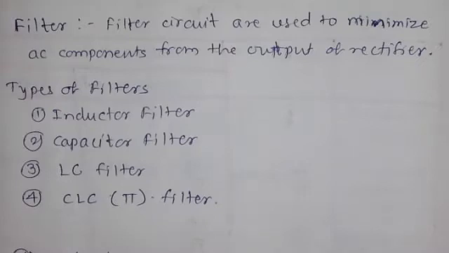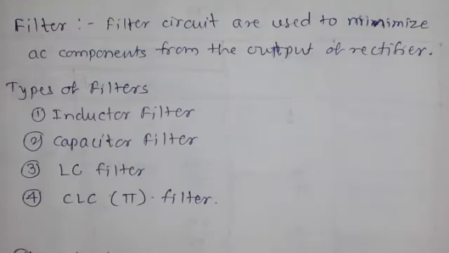Now, how does the inductor work? The inductor is used to allow the DC component and block the AC component. It means that whatever the changing factor is, it is opposed by the inductor. What is the changing factor? It is opposed by the inductor, and whatever the DC content or constant value, it is allowed to pass from one terminal to another terminal. That is the purpose of the inductor. Now, a capacitor allows AC to pass and blocks DC.